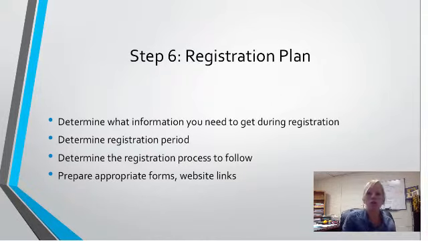Step 6, your registration plan. All right, this is very important. This is your first impression. Are you organized? Is this going to be a successful event? There's many different plans that you can follow here. So you need to determine